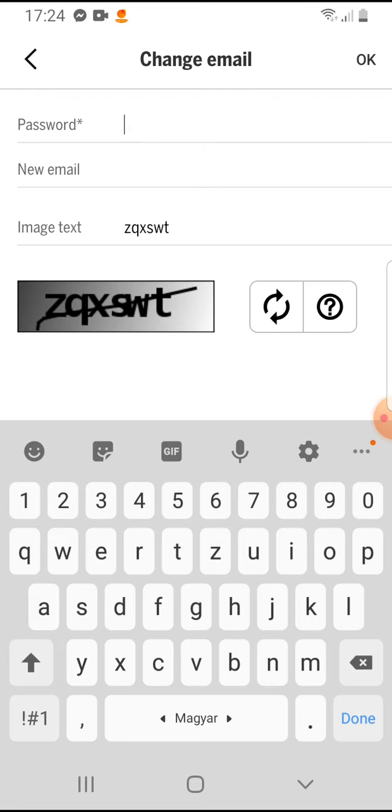So after you added your password, your new email and the image text, you have to tap on the top right corner on the OK. So that's pretty much for this